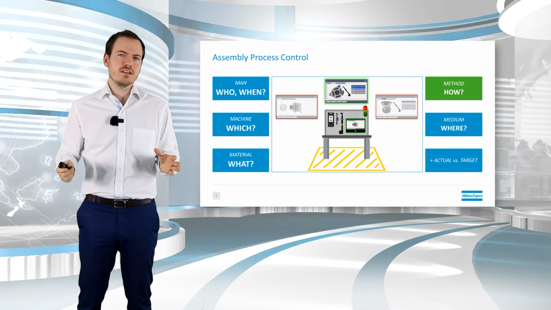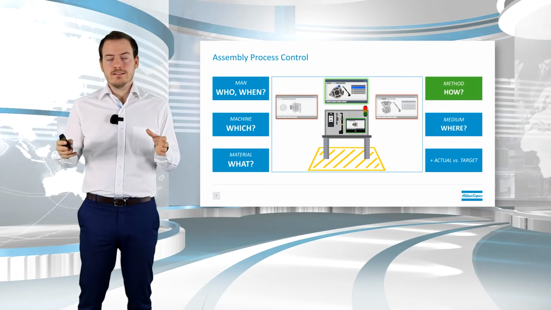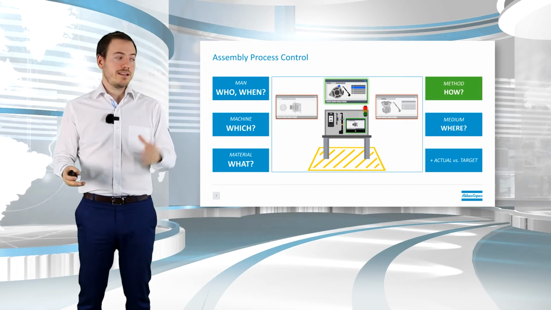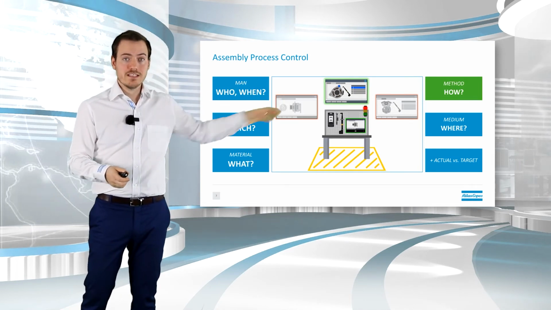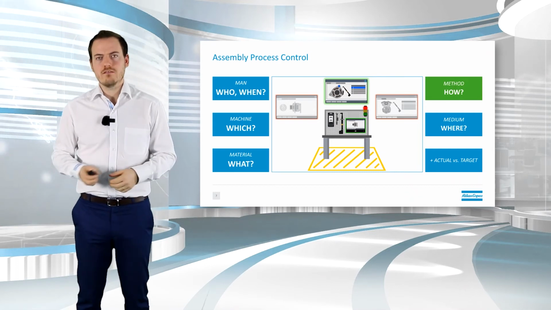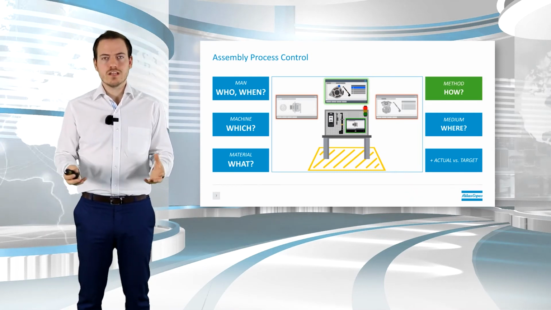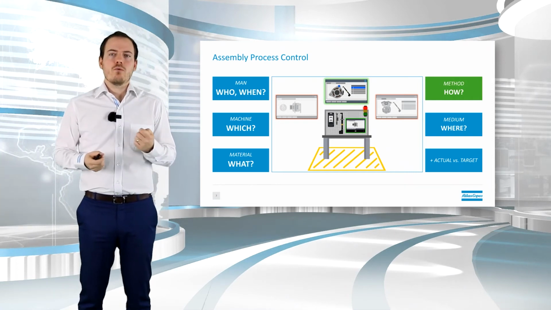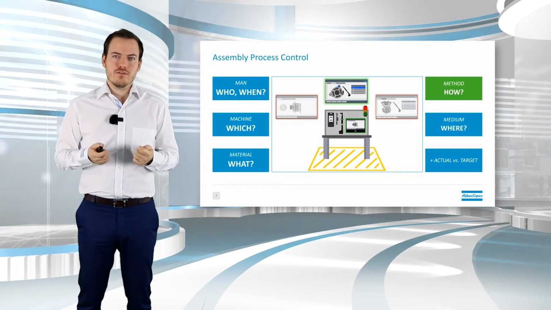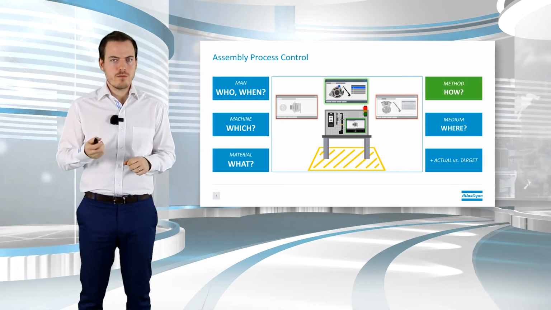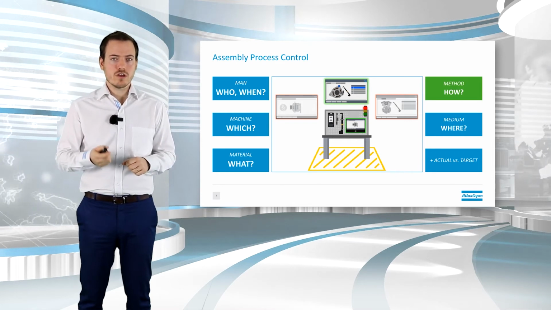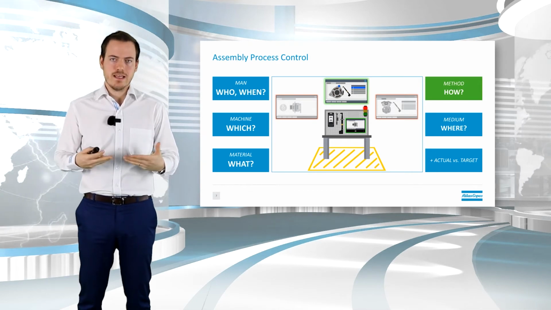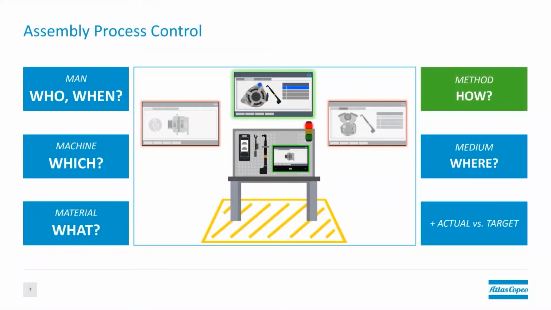Or let's say, maybe not in the same station, we are doing, for example, a hot test or a cold test on this engine, and if we don't have an OK on the tightening of the previous station, then we shouldn't be able to run the cold test. Let's not lose time because that other process was wrong. So that's what I'm referring to when we control the method, that we are sequencing. And remember, this is not only about tightening. We're talking about other processes that our customers need to do, and we want to interlink them all together.